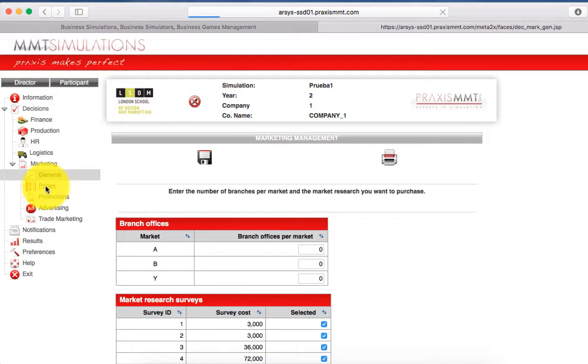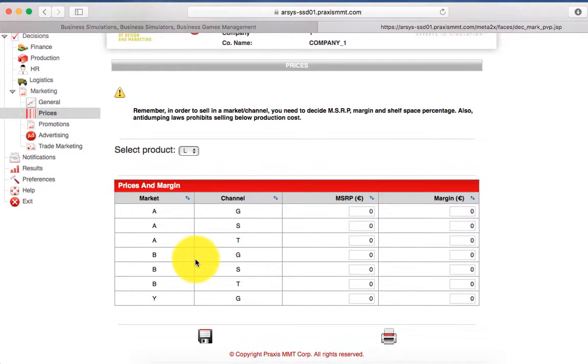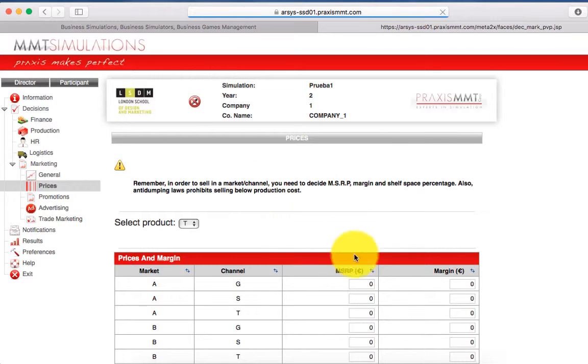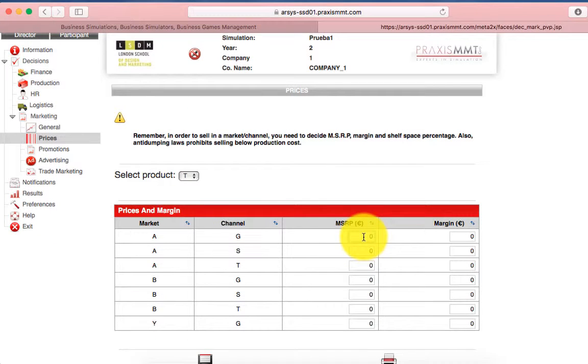Then you should go, for example, to prices, and decide the prices at which you want to sell your product. Here you have milk and yogurt, as you already saw. So I choose yogurt, and then I can put here the PVP. It means the price at which I want to sell my product at the retailer, on the shelf space, and the margin that I'm giving to my retail partner.